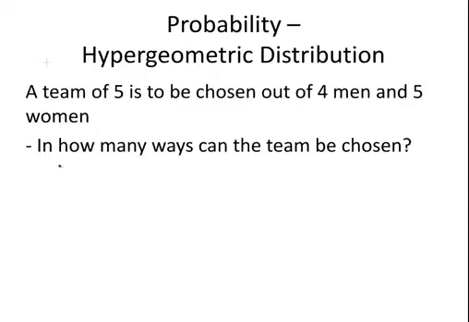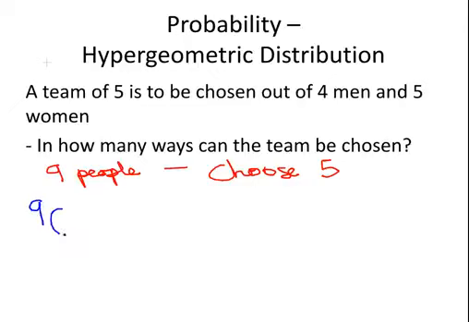So we have 9 people, and we have to choose 5. A team of 5 is to be chosen out of 4 men and 5 women. How many ways can the team be chosen? Well, this is the choose operator. So 9 choose 5,